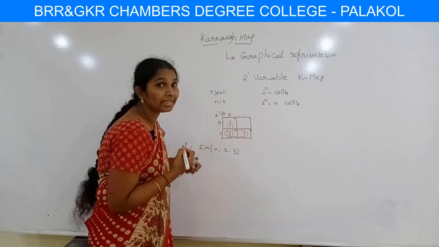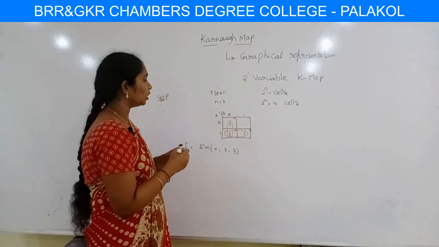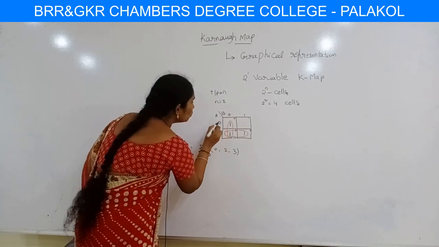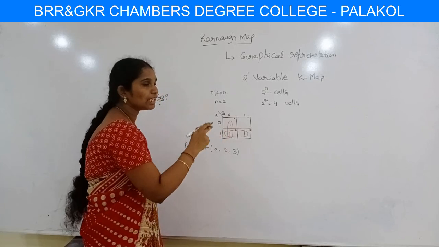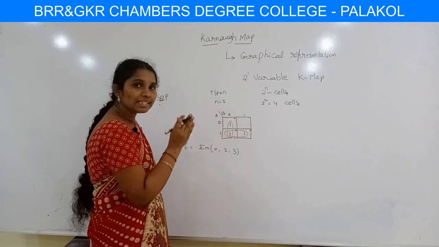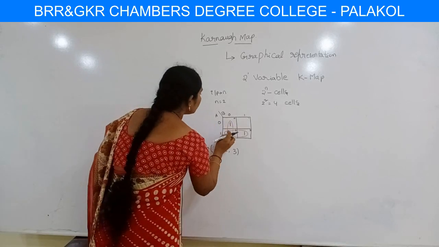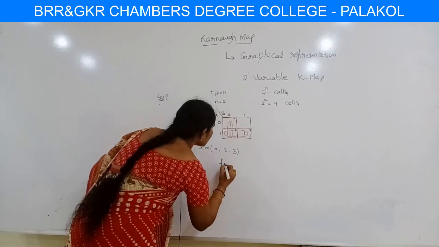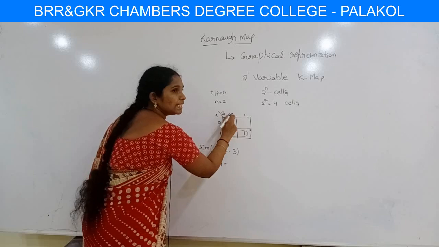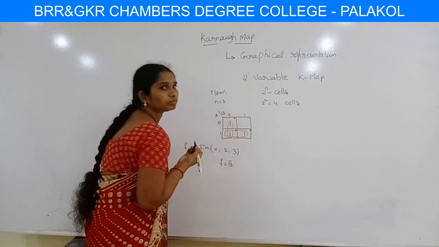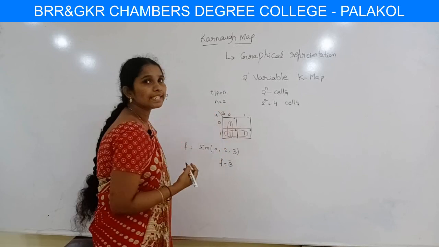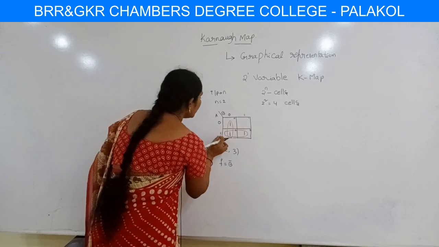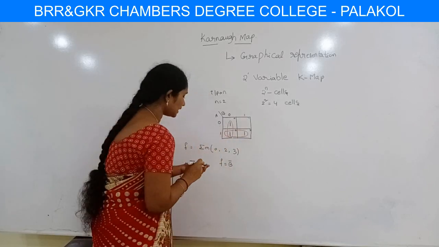Then how to write the equation for this given question? Here, in these two, 0 and 1, the numbers vary. First one is 0 and after that it is 1. That means it is varying. So what is the constant value here? This b is constant. Therefore the expression is b bar, because it is a 0. So this is one group. Grouping is completed, and after that we will consider the second loop.